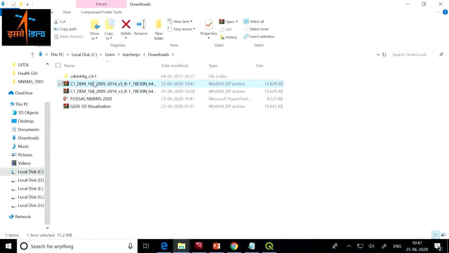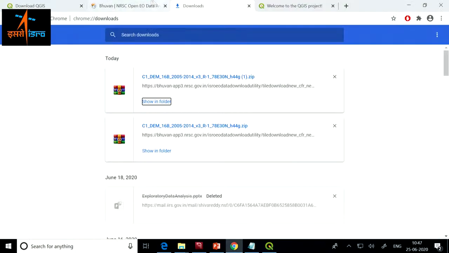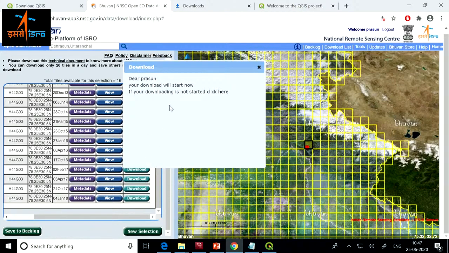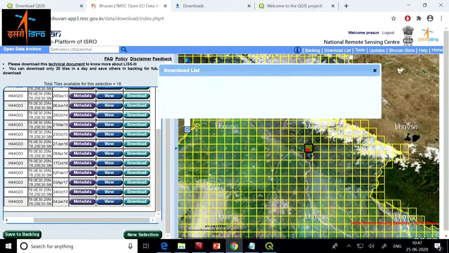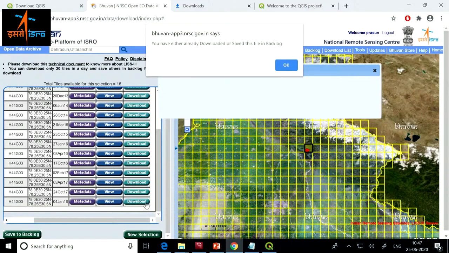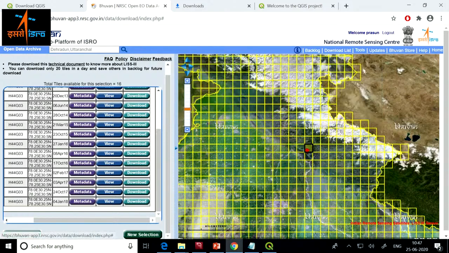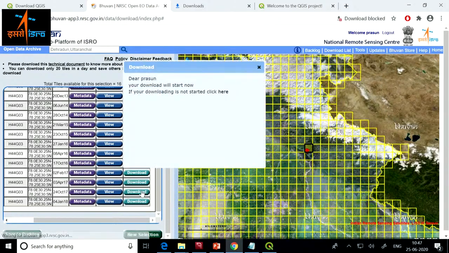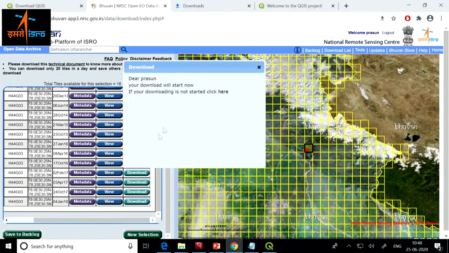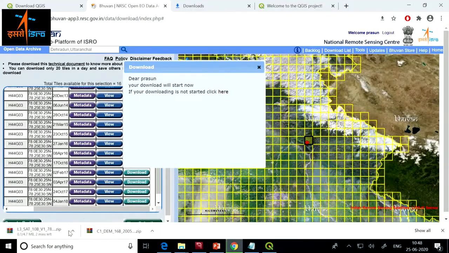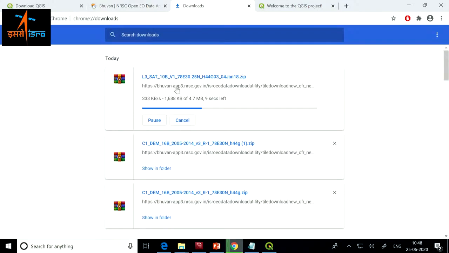and let me open it in my file folder and let's extract it here. Sorry. Oh, it downloaded the same file again. Sorry. It maintains all the files that you have downloaded in this option called download list. Okay, now it is downloading correctly.